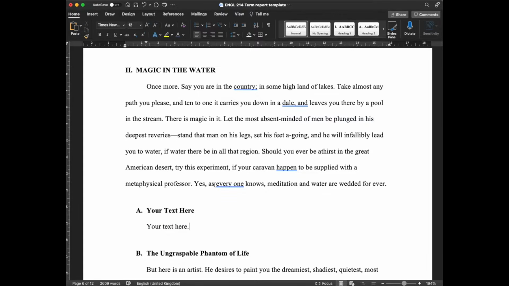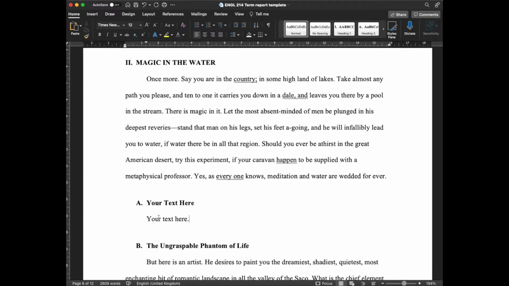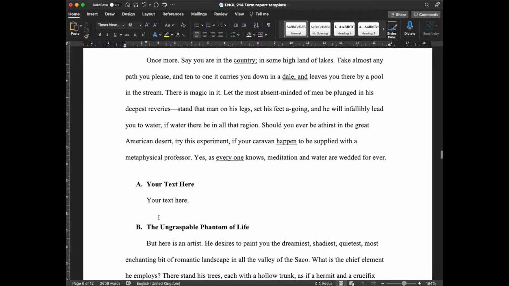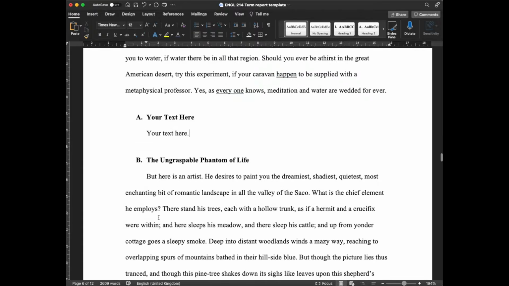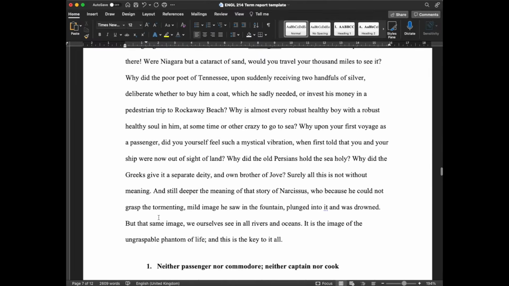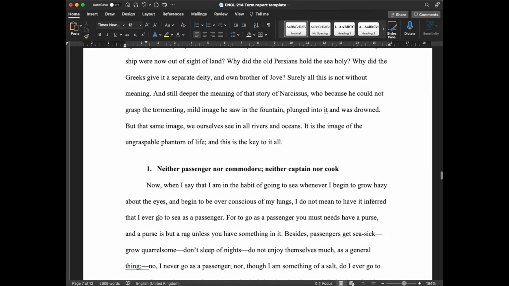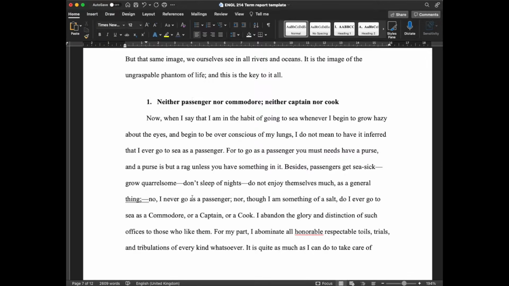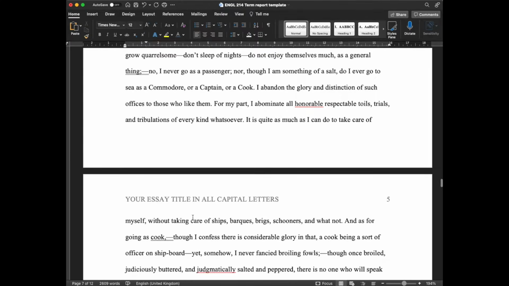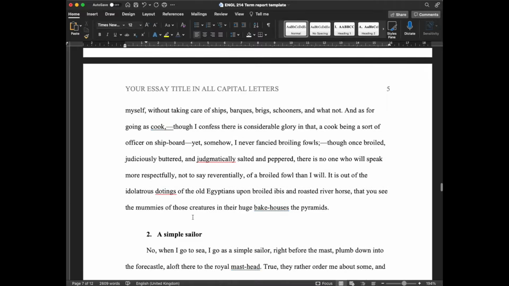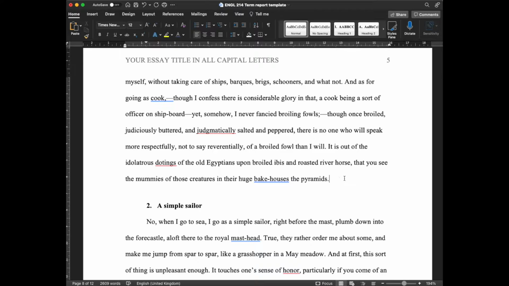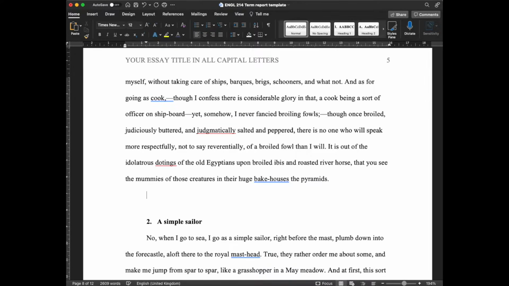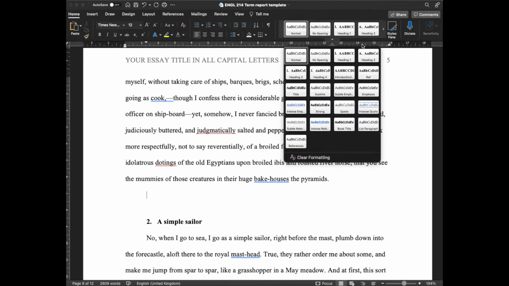Okay, so we've added this extra section here, and it's changed all of the numbering and lettering automatically for us. Now let's say that I would like to add another section. I'd like to add an additional level 3 heading to this section. Again, I find where I would like to put it. I'd like to put it here. And I go to the Styles menu and I choose heading 3 because it's a level 3